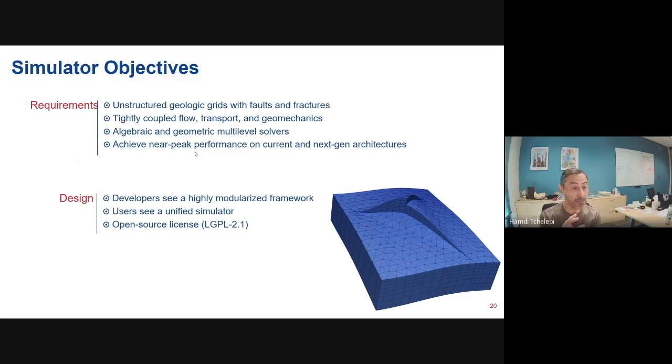The simulator takes in unstructured geologic formations with faults and fractures, allows for the solution of the tightly coupled flow, transport, and geomechanics problems, reflects an implementation of multi-scale algebraic and geometric solvers and formulations, and achieves near peak performance on the current and the next generation architectures. And we are putting out results on these findings with the use cases on a regular